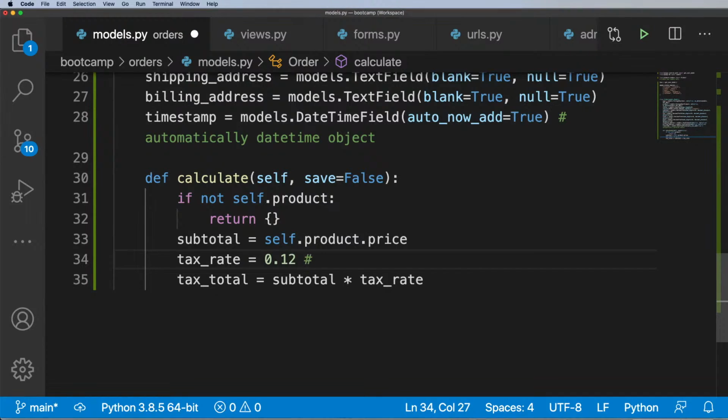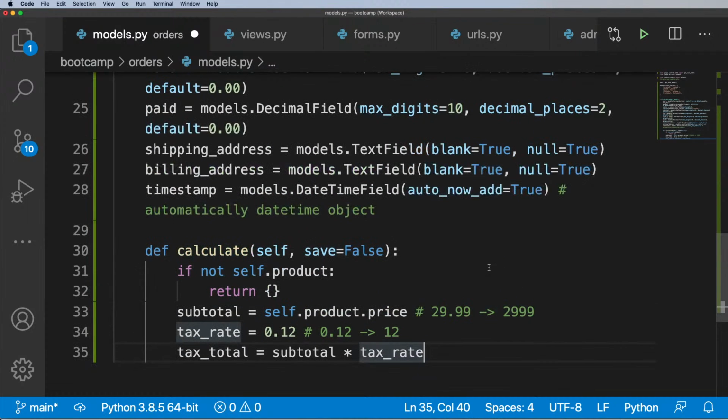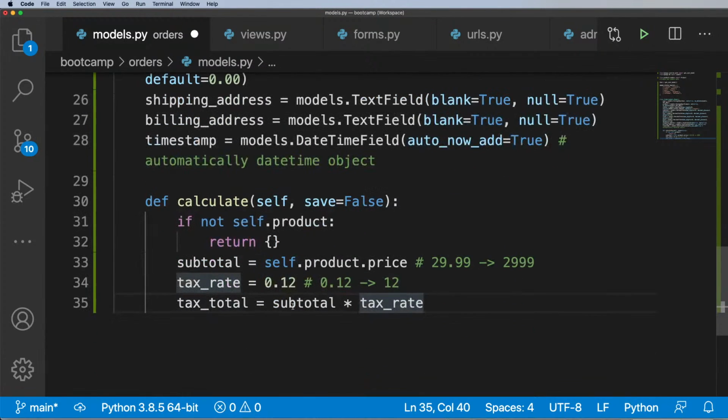So then your tax rate, instead of it being 0.12, would actually be just 12. And your price, instead of being $29.99, would actually be 2,999, and that would be the integer that you use, and it would give you a little bit more accurate values. Then at the end, when you calculate the total, that's when you would move over the decimal place. Using this format is really good for a credit card processing company called Stripe. The reason I'm not doing it is that it's just not super intuitive for the rest of us. So let's stick with what I'm doing here,